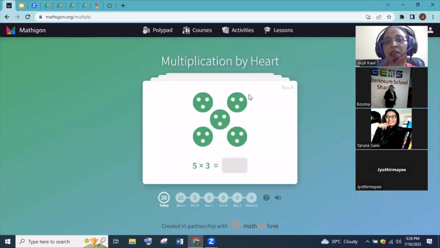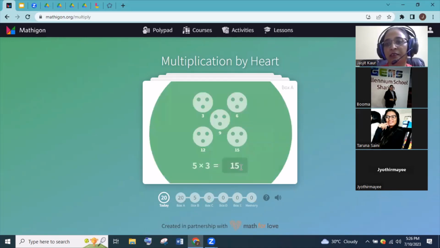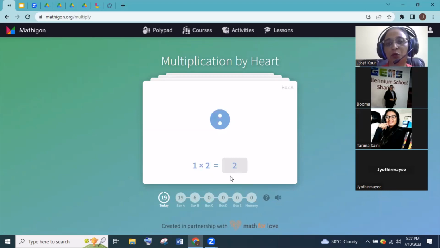So simply give them, this is a class project also, we can put it on the screen. We can ask them to make 4 rows, quizzes like that in the class, ask them to enter, they are just entering, and then they will come to know what exactly it is. It will help them understand the concepts of multiplication by heart.